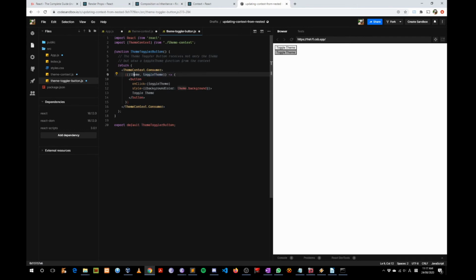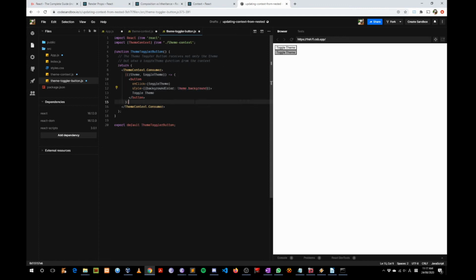Theme is an object, toggle theme is a callback function that we've mentioned, and inside it you render a button, and here you define the on-click event handler to be toggle theme, and you define the background color to be